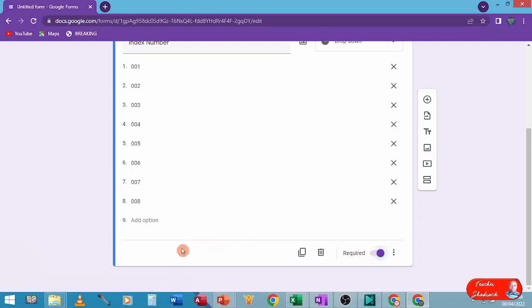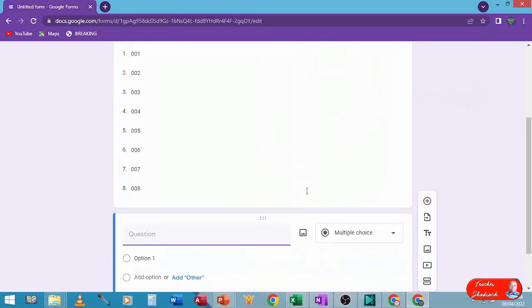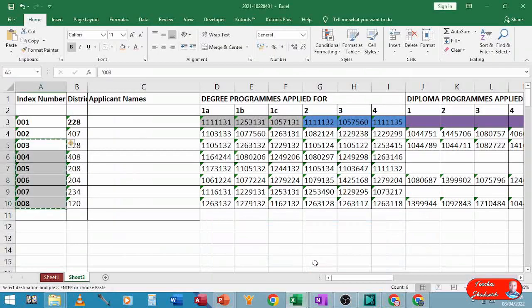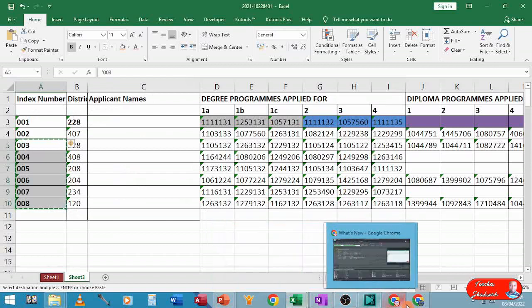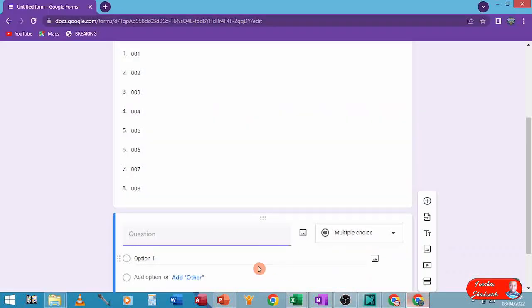Then I come at the bottom here, and then I also want to add a question. The next question that I want to add according to our spreadsheet is about, let me skip the district because the behavior should be just like the index number, but applicant name is what I want to go to in the next question. So applicant name,